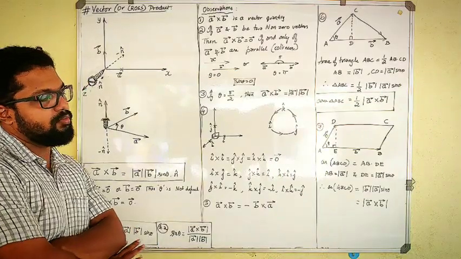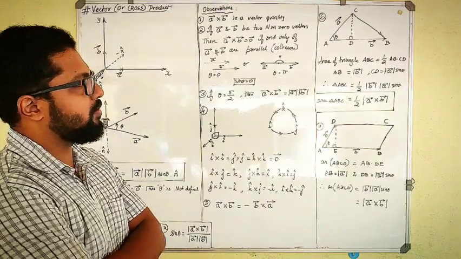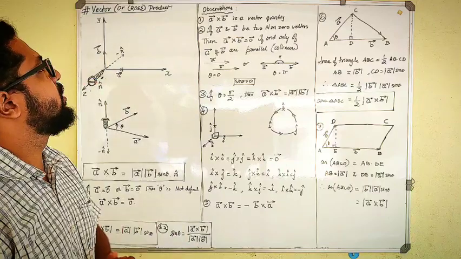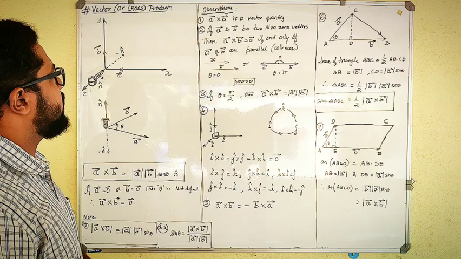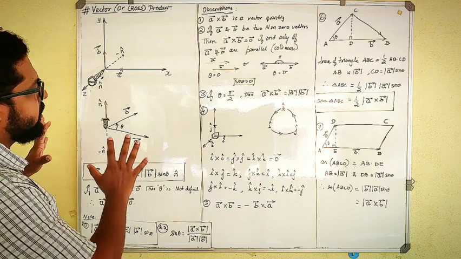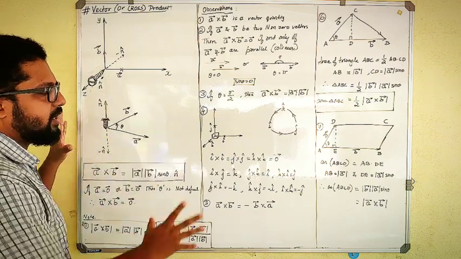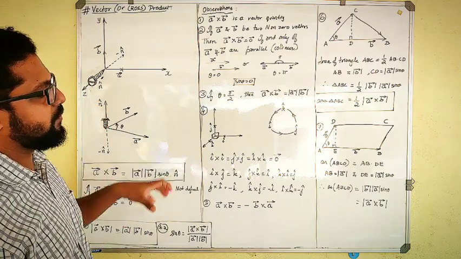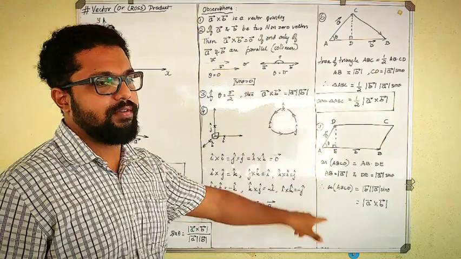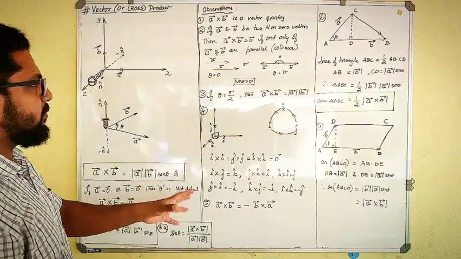But anyway, I will move on with the next topic, or the last topic of this chapter, that is vector cross product. Fine? So in this, we'll be learning about the practical idea, that is geometrical idea, what the cross product means. Then we'll go through the observations and a few formulas which will be needed for solving the problems. Okay, so stepwise we'll go.